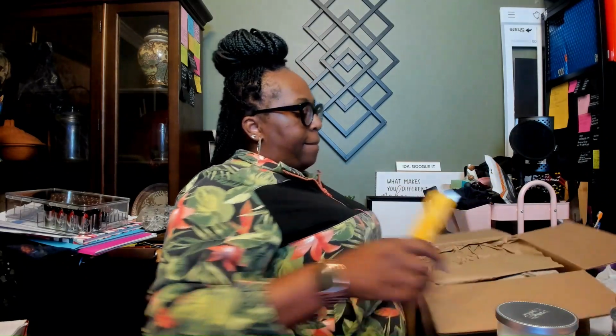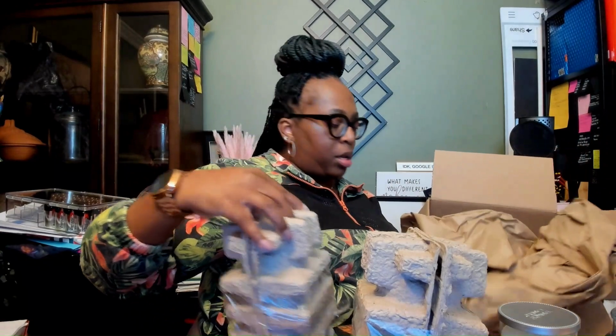Now let's see what's in this next, the third and final box. So it looks like that. And I bet you it's the other 2 bottles of the Midnight Jasmine, along with another accessory that I'll share shortly. Can't wait for that one. And yes, 1 jasmine, 2. So this is a haul of the Midnight Jasmine. So I have 3 of these bad boys, and I think this is, like I said, the medium size. I can't wait to